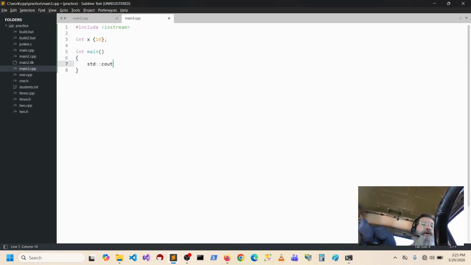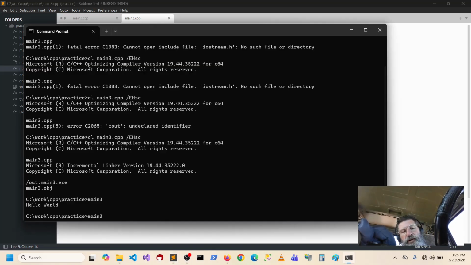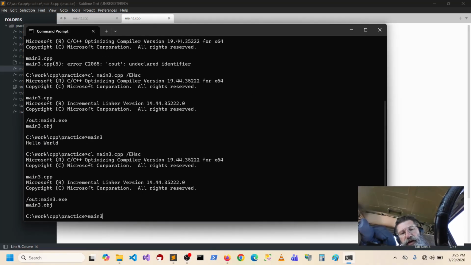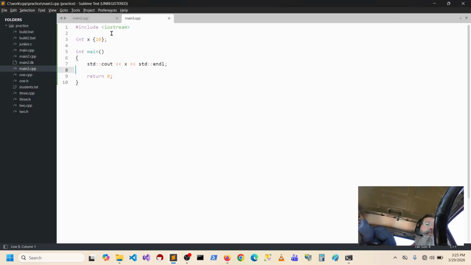Let's see, cout x. Oops. Does anybody use endl? Okay, go here. Up arrow, enter, down arrow, enter. Yes. So that's good too. So we could do that. I wonder what the difference is with that. So if I do that, is there any differences in that?